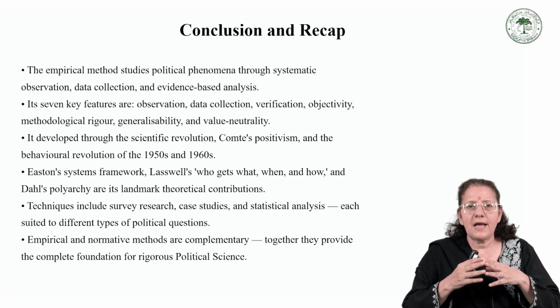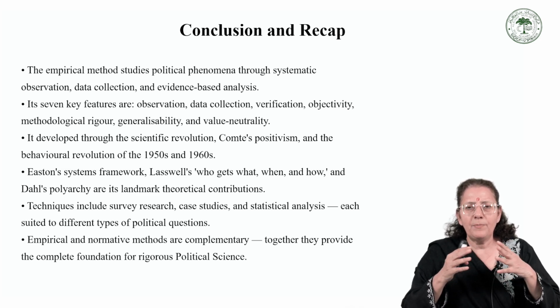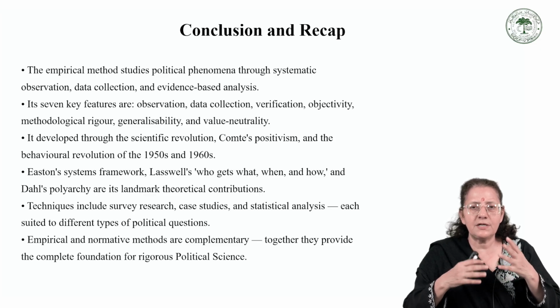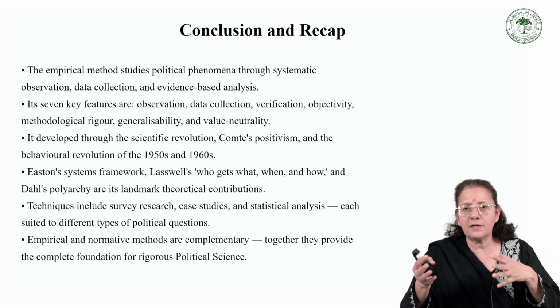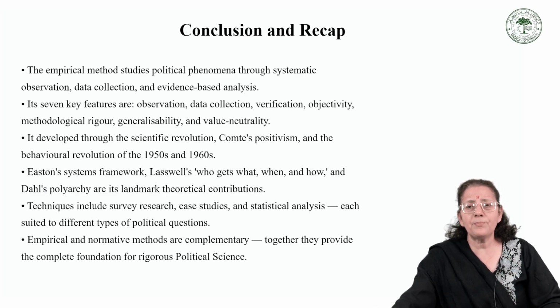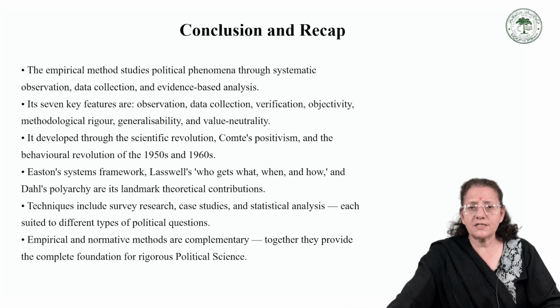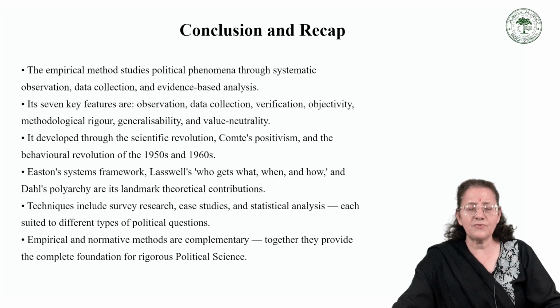We have now completed our lecture. Let us consolidate our understanding and the key takeaways from this lecture. We began by linking this lecture to lecture 11, where we studied the normative method. Today's transition from normative to empirical is one of the most important intellectual transitions in the history of political science. We defined the empirical method as the approach that studies political phenomena through systematic observation, data collection, and evidence-based analysis. We examined its nature: scientific, objective, evidence-based, and systematic, and its 7 key features: observation, data collection, verification, objectivity,